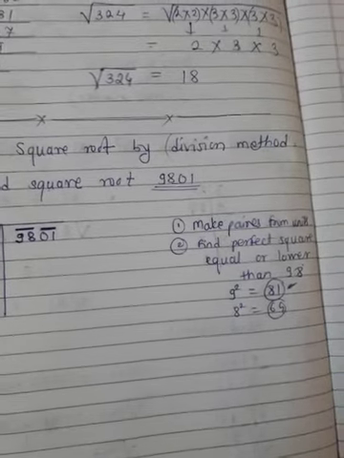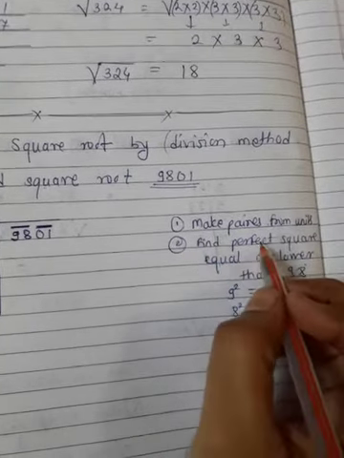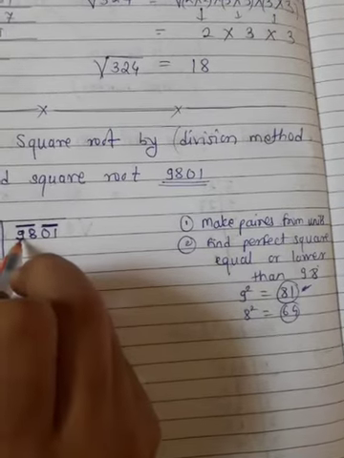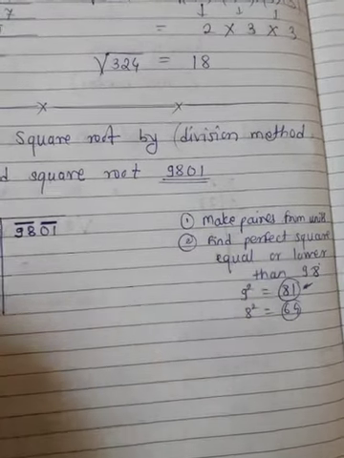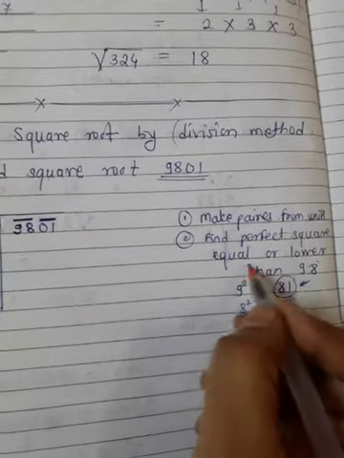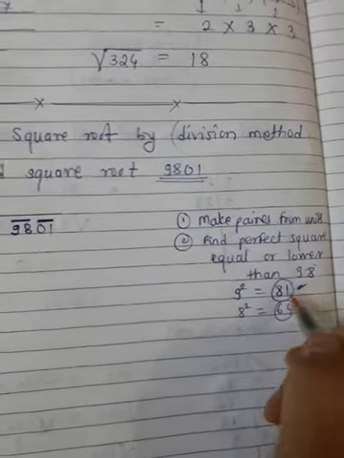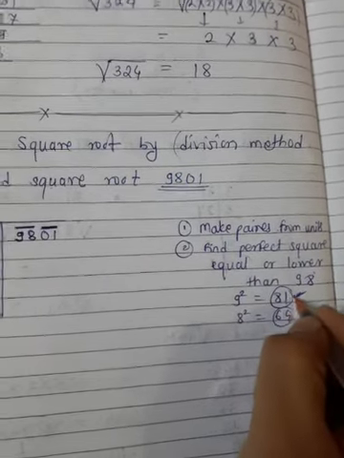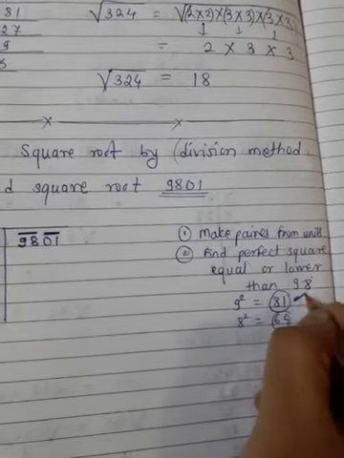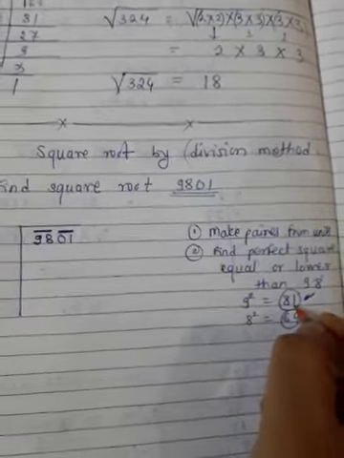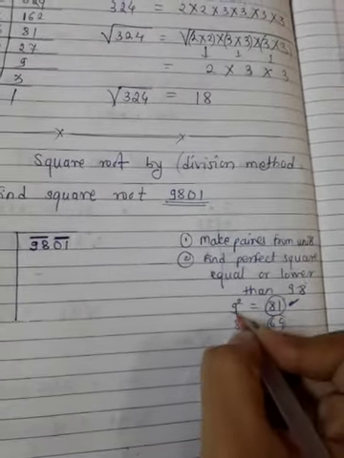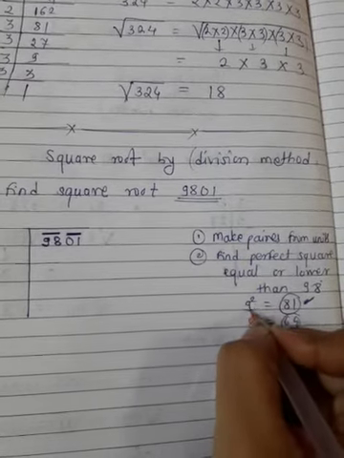Okay, what is our second step? Find a perfect square which is equal to or lower than 98, but we know 98 is not a perfect square, so we remove this. So we find lower. So we know the lower perfect square is 81. Below 98, 81 is the closest perfect square. Okay, so choose that. So 81, but we know 9 square is 81.